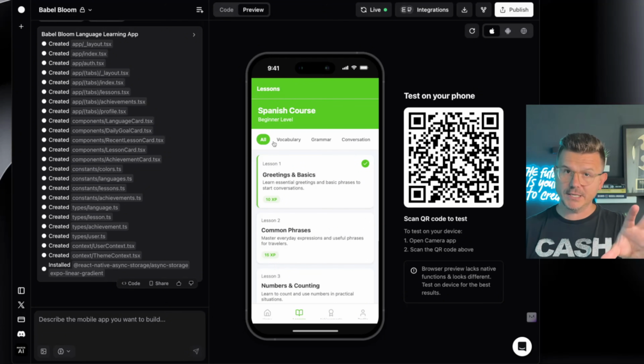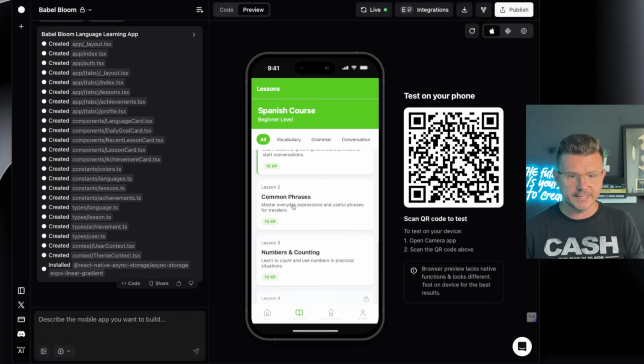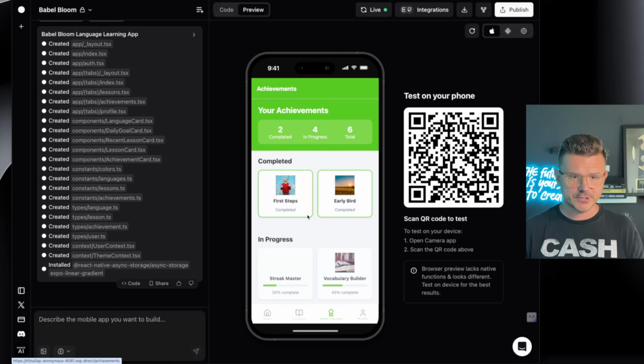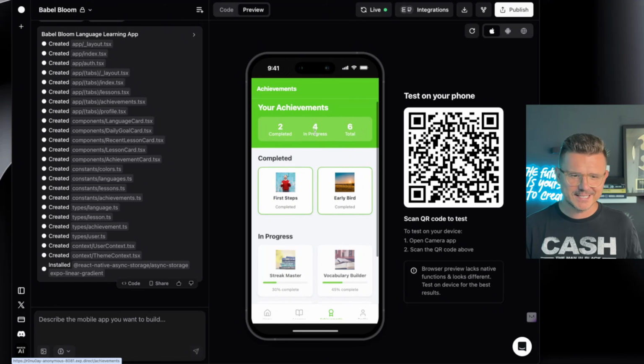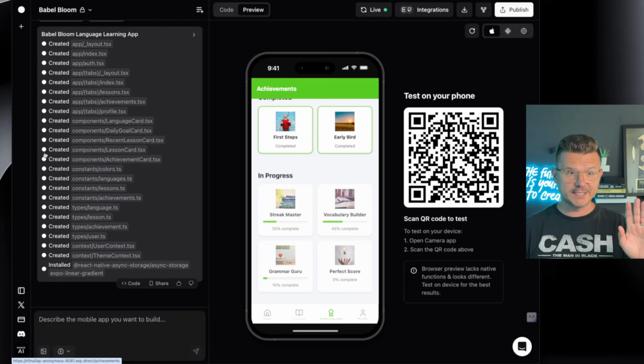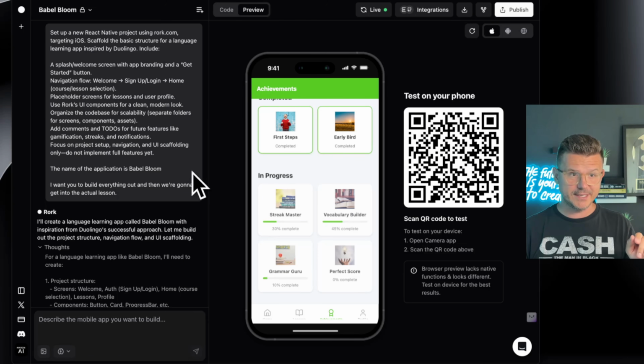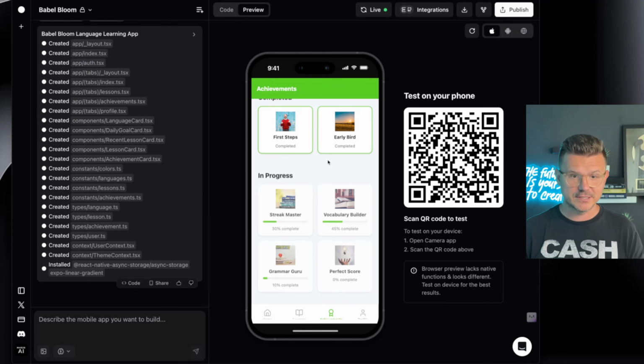And again, this is all placeholders. We're going to fill this up with real data. But for now, again, we want to do all the screens. And then you have achievements already set up. I haven't done anything. All I did was that first prompt. You guys can see it's right here. I haven't done anything else. So this is pretty